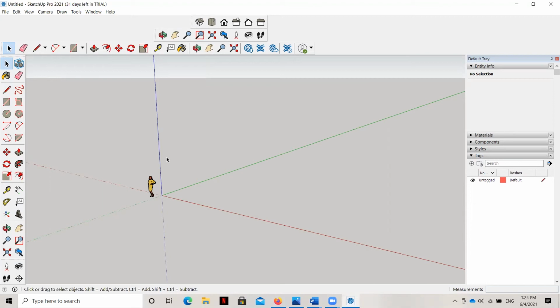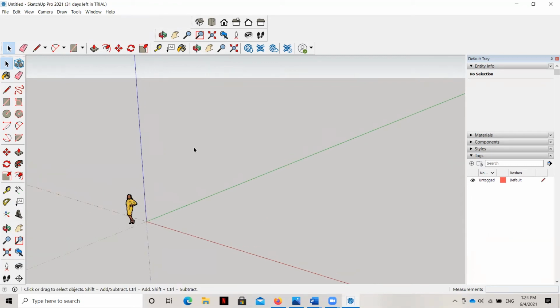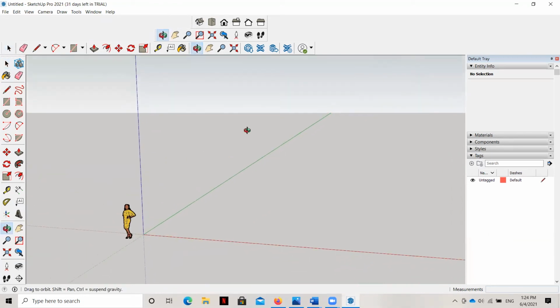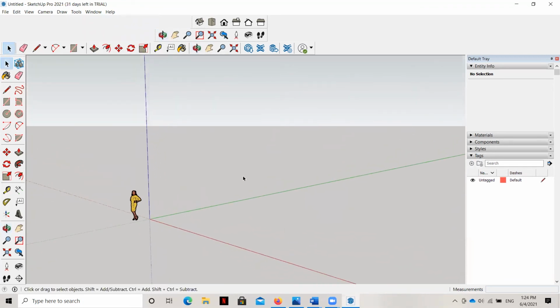Now, I can't emphasize enough the importance of a mouse with a scrolling wheel in the middle. This allows you to zoom in and out, and then if you hold it down, you can start to orbit and move around. It's really hard to model with just a touchpad on a laptop. So I would encourage you to make sure that you get a mouse that allows two button taps as well as that scroll wheel in the middle.